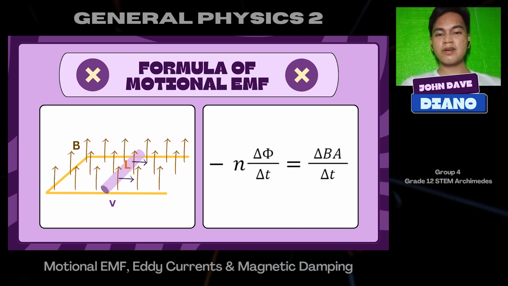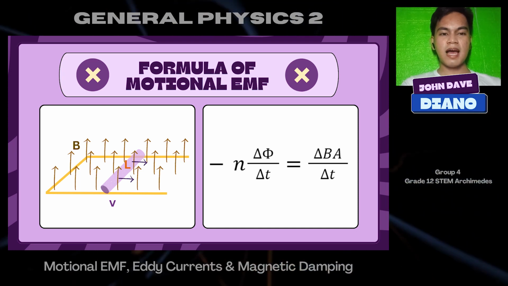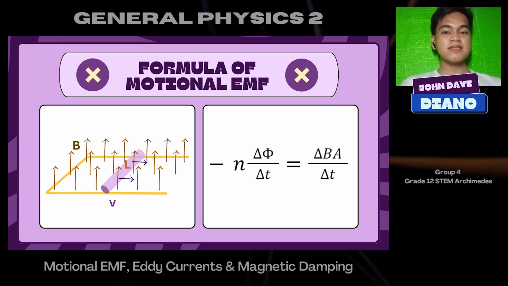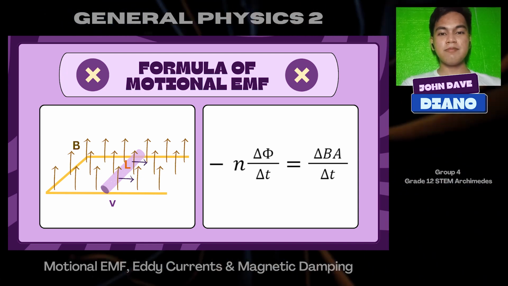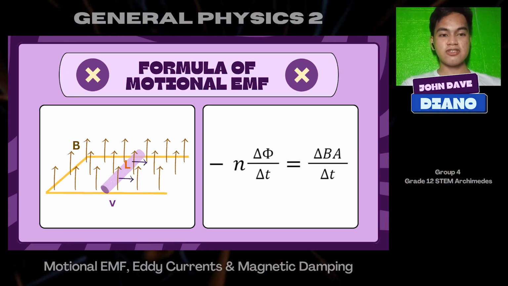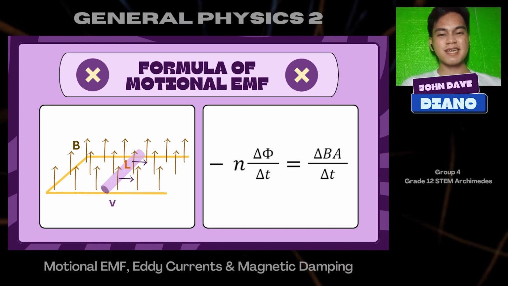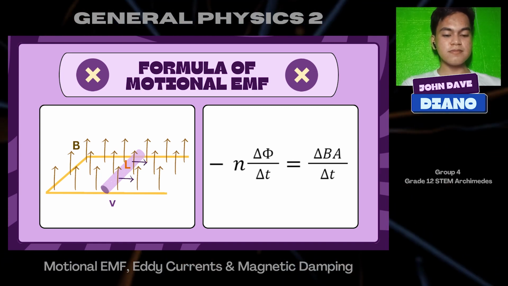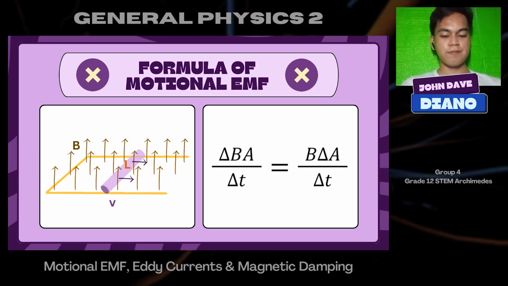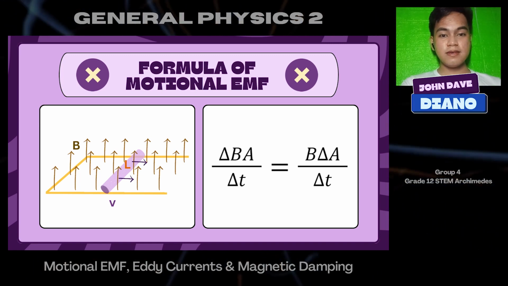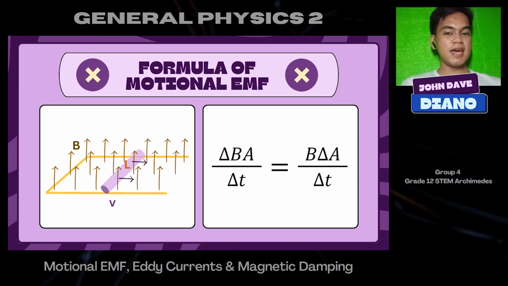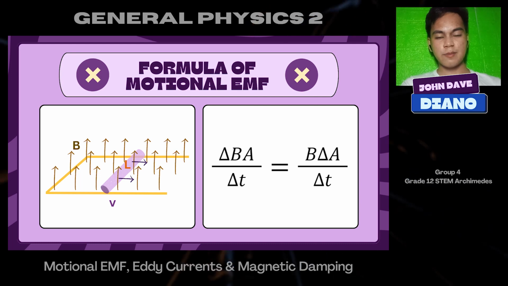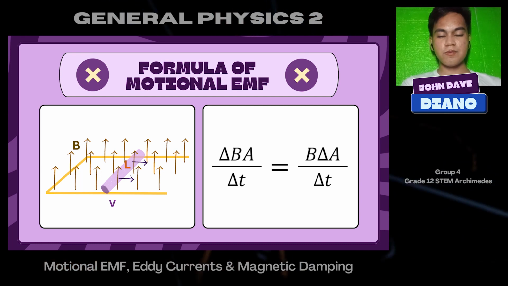So instead of a change in B, we will have a change in A instead. So instead of that formula, we are going to have this one. Change in B multiplied by A over change in time is equal to B multiplied by change in area of the surface